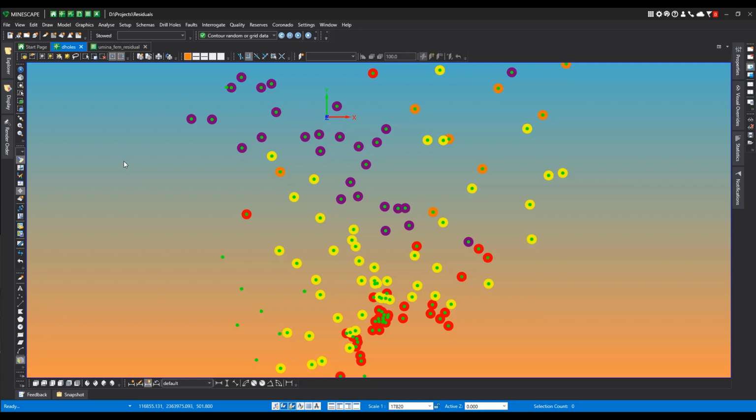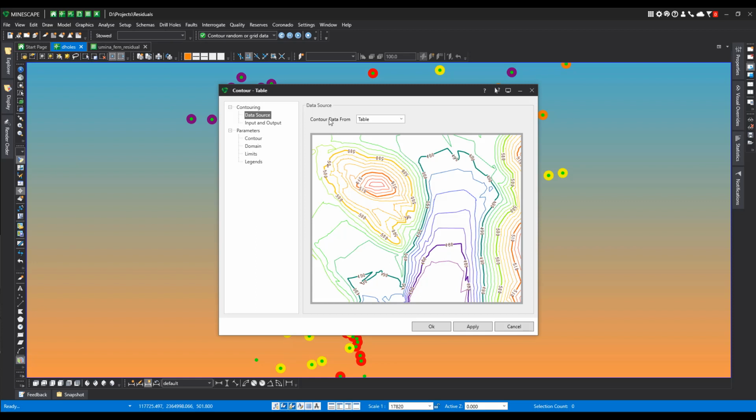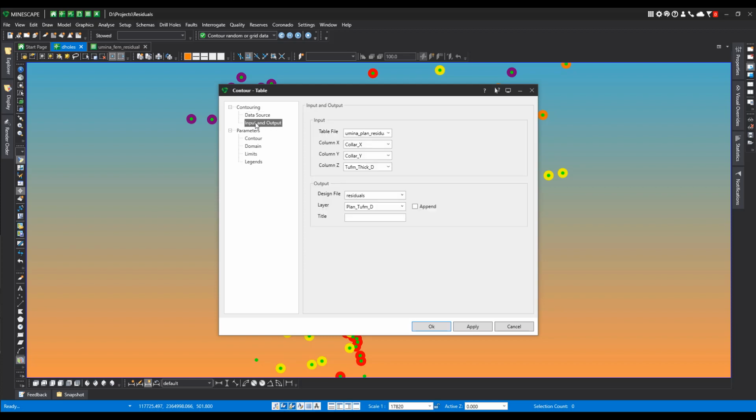Give us kind of a spatial view of where these differences are occurring. So we could do that under graphics, contour, and pick table as our data source. We have these residual tables. We want to pick our different